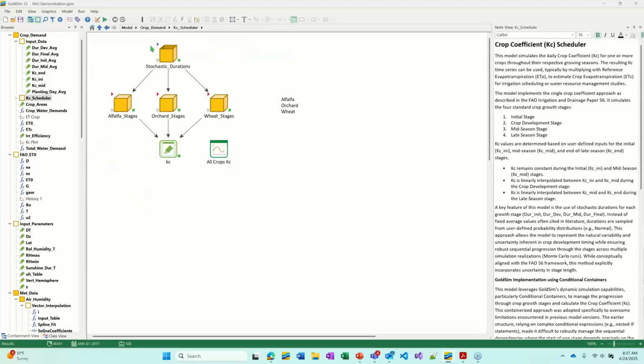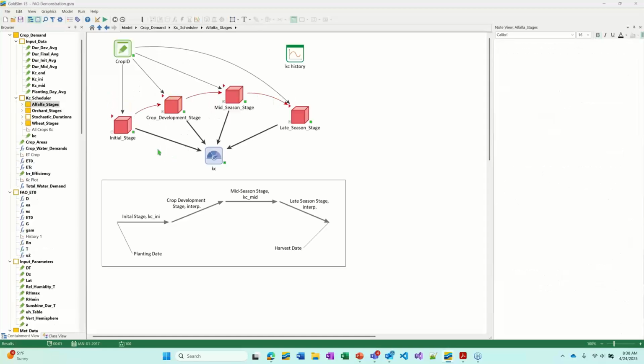And this I mentioned in another article how we can really make good use of GoldSim's conditional containers to apply stochastic and randomness to our durations, our planting and growing durations. And that ability to have these conditional containers makes it for a very robust model that does quite well under